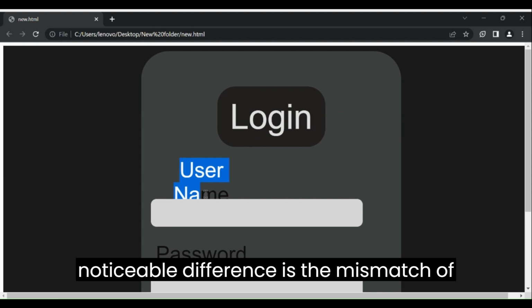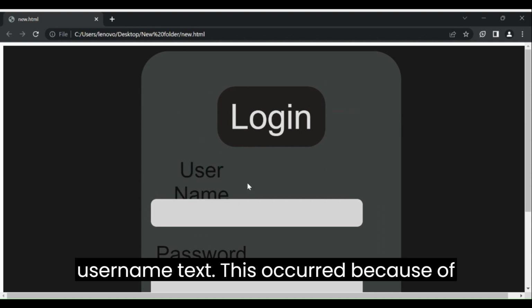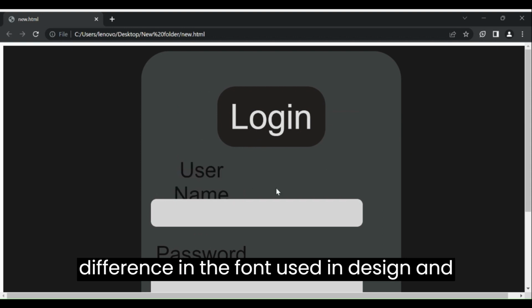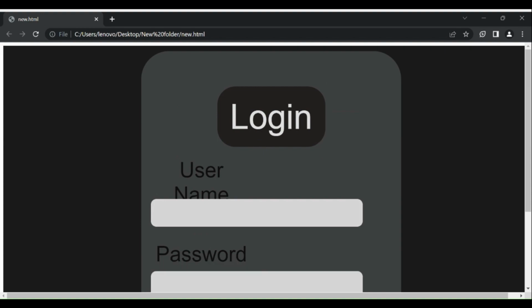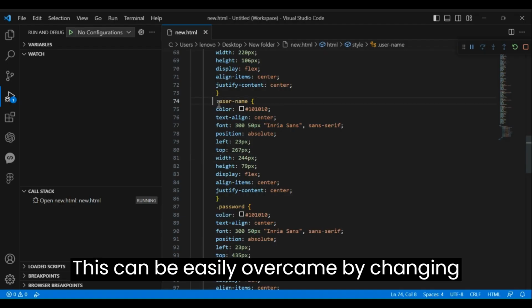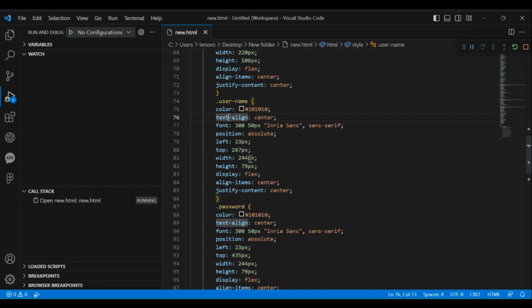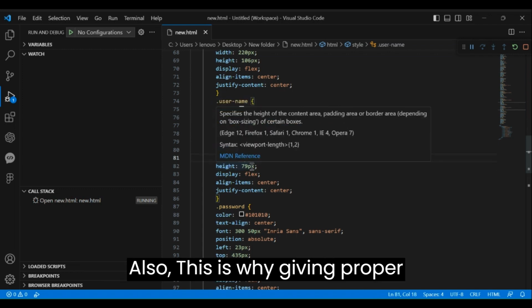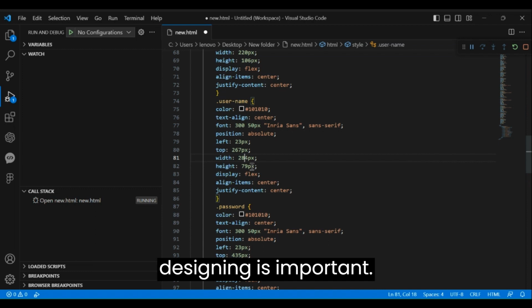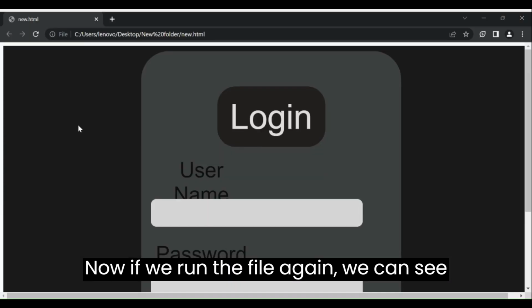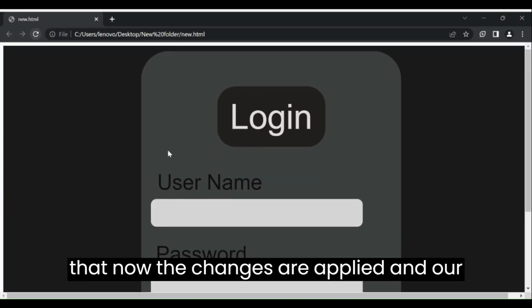The only noticeable difference is the mismatch of the username text. This occurred because of a difference in the font used in the design and the font present in my system. This can be easily overcome by changing the text width of the username text in the CSS part. Also, this is why giving proper nomenclature to the elements while designing is important. Now as we run the file again, we can see that the changes are applied and